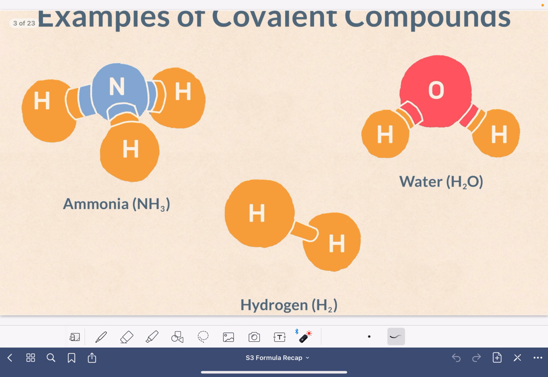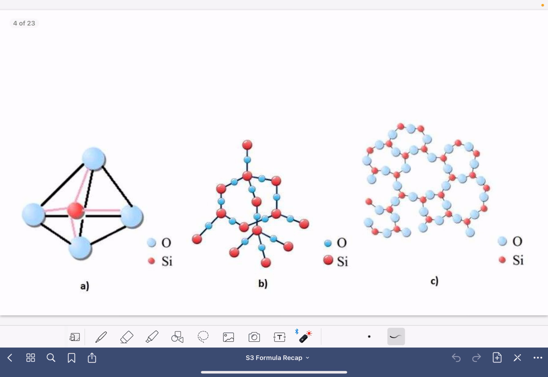And the basic structures would be covalent molecules. So we've got ammonia, an example here, we've got nitrogen bonded to 3 hydrogens, and we've got hydrogen, which is an example of a diatomic element, and we've got water, where we've got an oxygen, which is bonded to 2 hydrogens. We can also get covalent networks, and these are where there's a giant